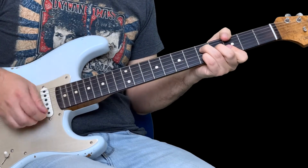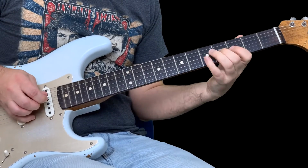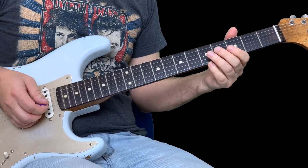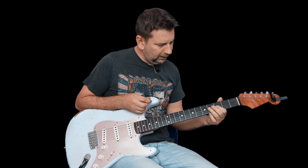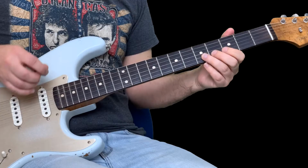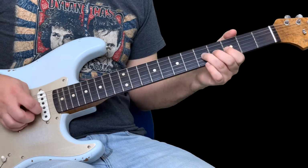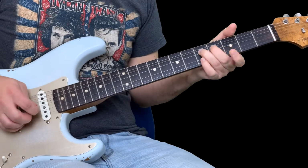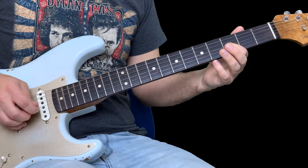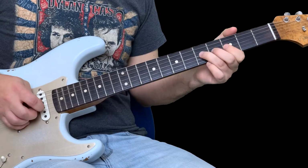Alright, here's the next one. Okay, so this one, a bit more complicated, but I'm still using these sixes with our pentatonic scale. So this one is kind of a triplet rhythm. So we've got this classic cliche blues move, but it's a good one, it's a cliche for a reason. So this is 3 on the G, 5 here on the G, and then you're going to